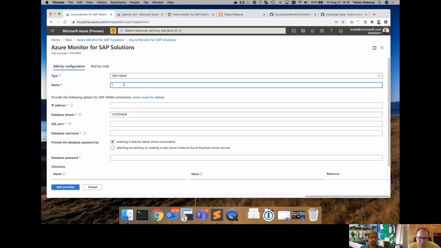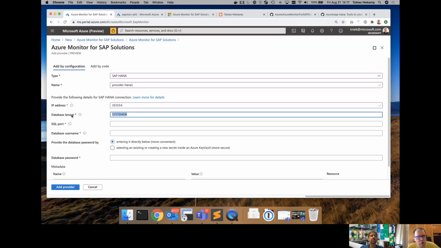You would give the provider a name. So we can name this provider HANA1. You would select an IP address. Now, this could also be a host name if you wanted to. Some customers use external host names or have a different way to resolve host names. So typically, the IP address is more likely to work without problems. In my case, I know this one by heart, 10.0.0.6. And I will say something about what to fill in here in just a second.